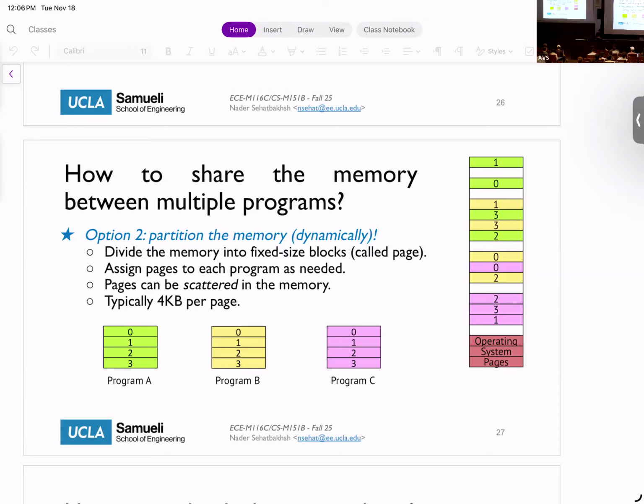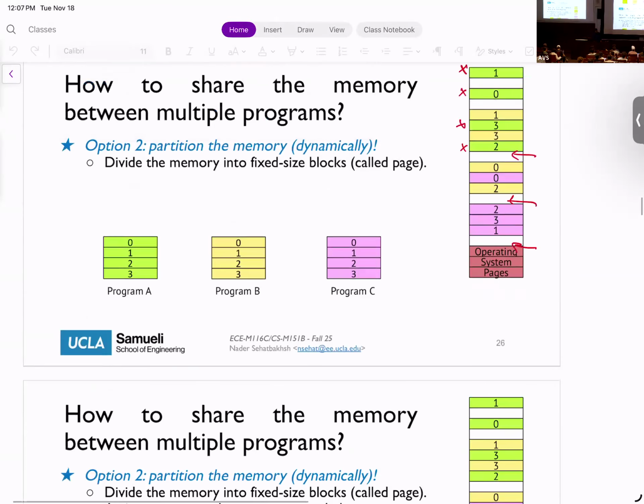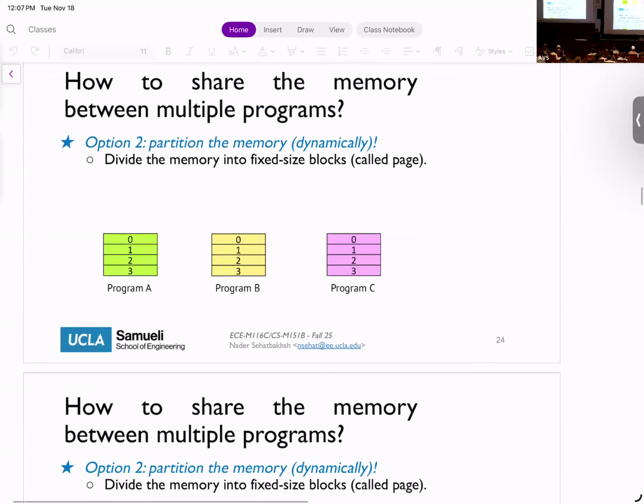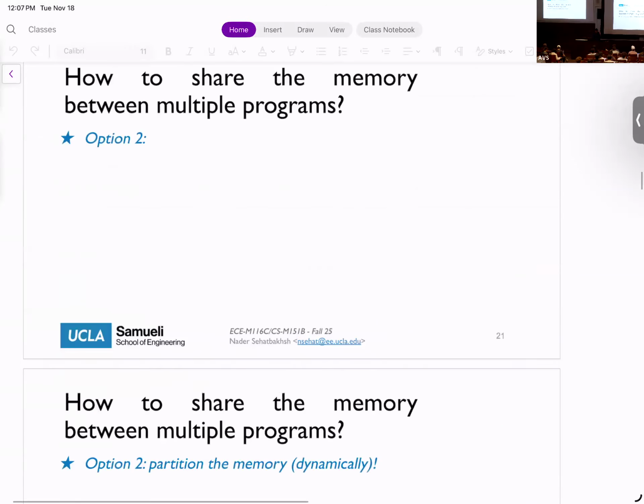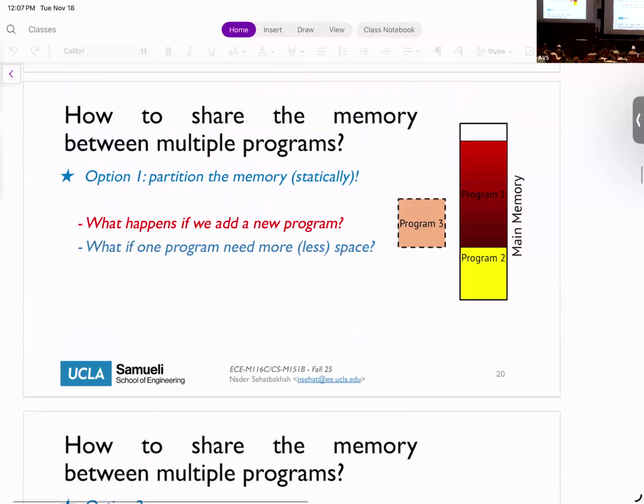Perfect. So let's get back to the lecture that we had last time. Remember, we were talking about how we handle the main memory in order to handle different processes. And we said that a simple thing would have been to have a static partitioning and have some form of a bound and an offset. This way we can easily access memory. There were two things that we need to make sure of: the isolation, and making sure that the program works in any other system. So we need to have some form of an offset.